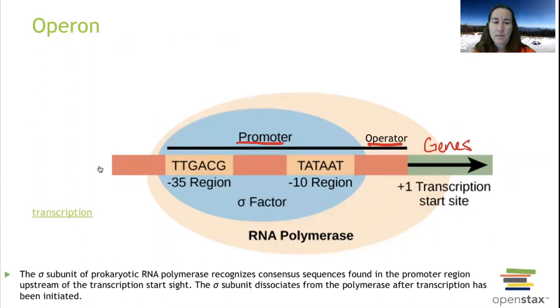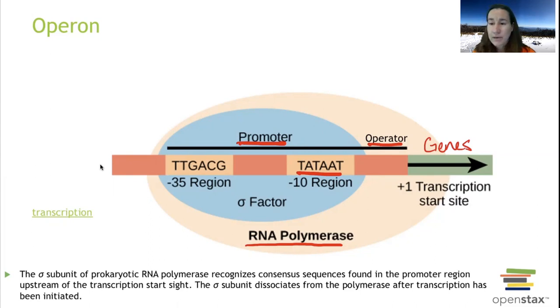Promoters versus operators. The promoter is where RNA polymerase is going to attach. RNA polymerase has the promoter region of DNA that it is looking for. Both prokaryotes and eukaryotes have this region, the TATA box, and that's like the landing strip for RNA polymerase. It's looking for that place so it can bind on, and that area of the DNA strand is called the promoter, and RNA polymerase is going to bind onto the promoter at those locations.